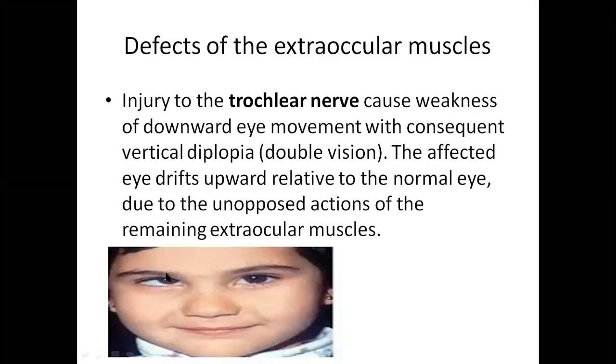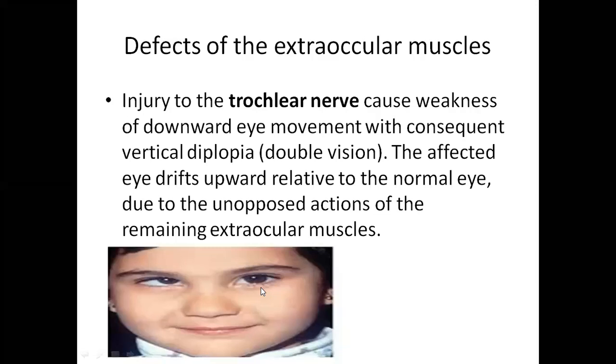So why is it upward? Because the superior oblique is not working, so the eye is not at its normal central position. The inferior oblique is working, but its opposite muscle, the superior oblique, is not working, so the eyeball will move upward. Otherwise, the superior oblique causes the eyeball to depress, and the inferior oblique causes it to move upward. When these two opposite muscles are working, the eyeball is present in the center, neither up nor down. But when one of the opposite muscles is paralyzed, the other becomes dominant. The affected eye drifts upward.